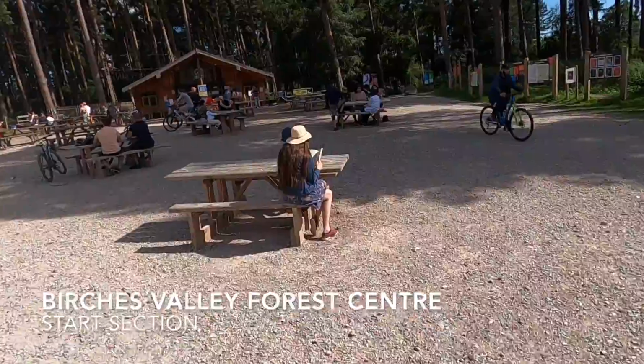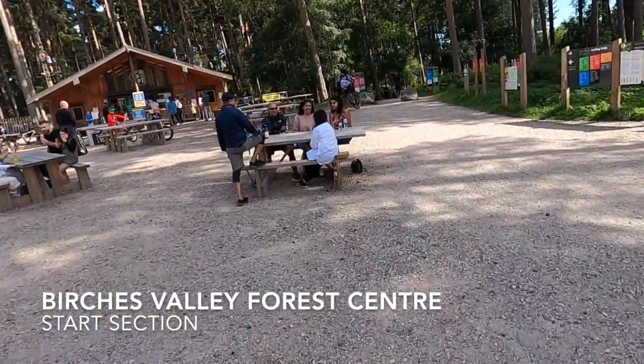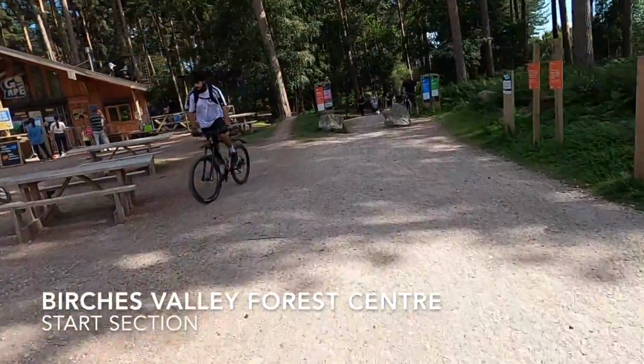We're going to take this car packed complete with bike to Cannock Chase with a new GoPro to try it out. So let's see how that turns out today. So we've arrived at the Birches Valley Forest Centre and we're just leaving the car park area,